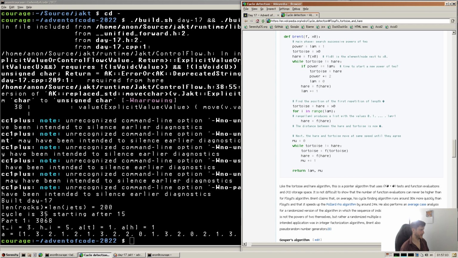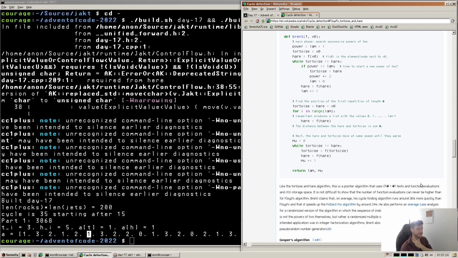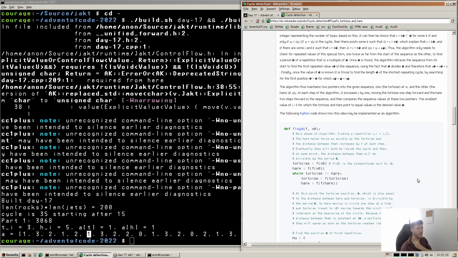So our tortoise is 0, 1, 2, 3. We're looking at that, and our hare is there. And so we've seen 1 twice, which I guess makes sense. But we want to make sure that they're all